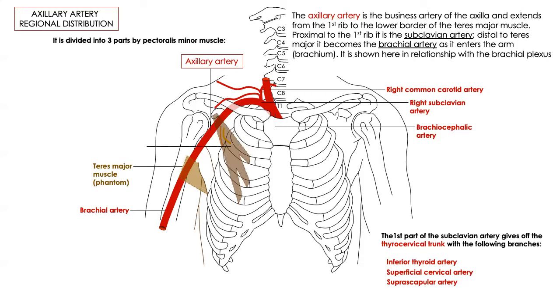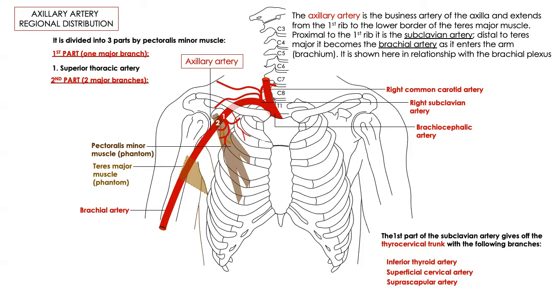Let's label it. This is my pectoralis minor. Number one gives one branch, number two gives two branches, number three gives three branches. No need to go into details. Only know this much and the names of the branches. So number one, the first part, only one branch, which is going to my thoracic wall. We call it the superior thoracic artery. Are we good? Second part, two branches. What are these two branches?